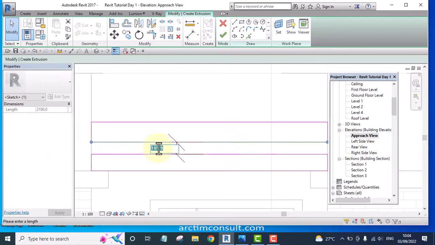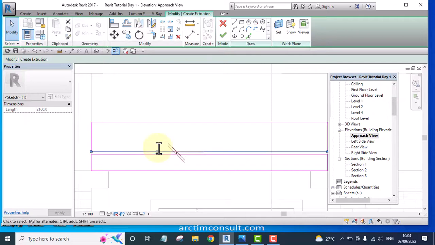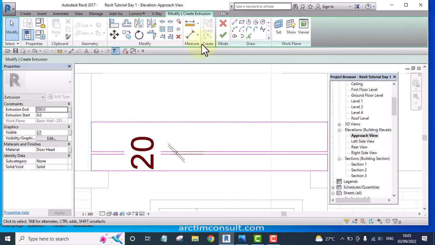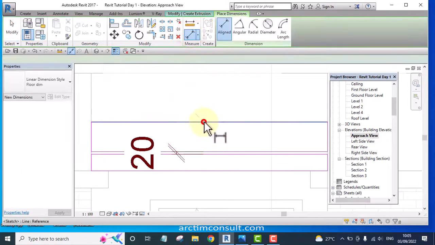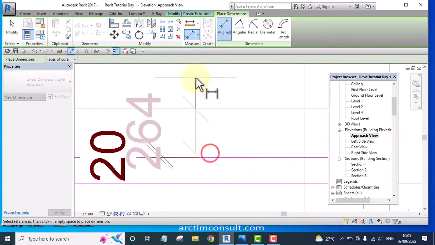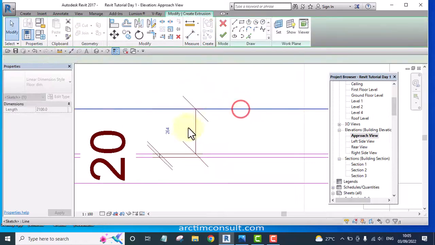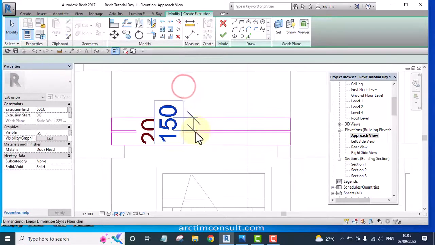I want the distance between them to be 20 mm, and press enter. Then fix dimension here also, so that they will be of the same height. This one will be 150 mm, and I'm going to delete these ones,